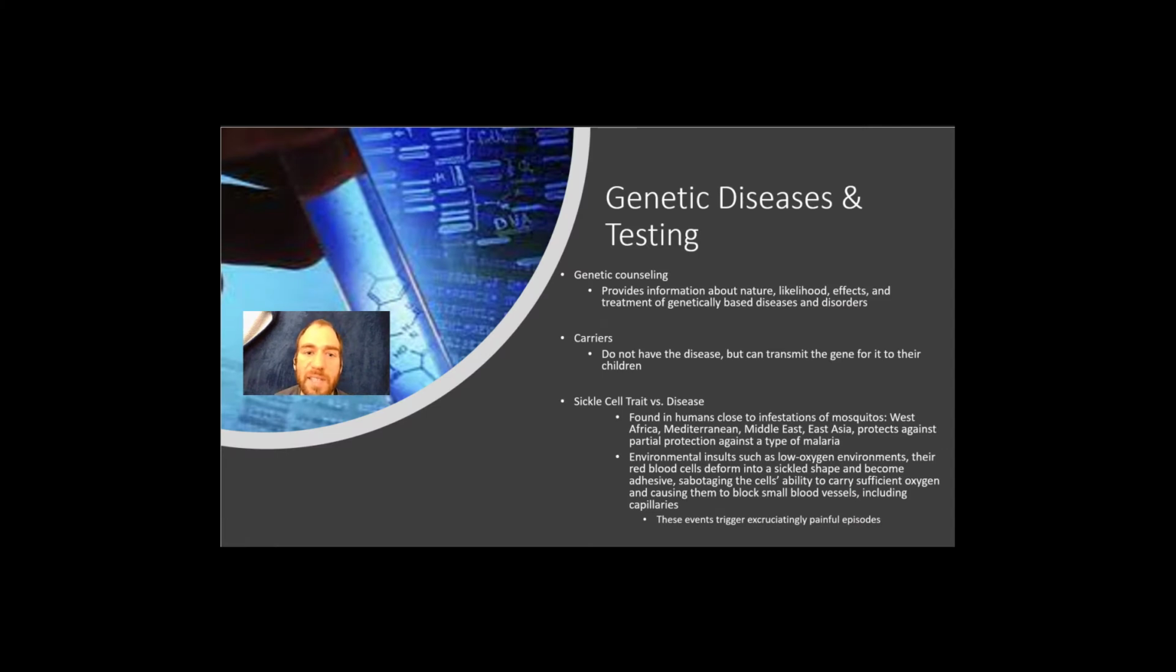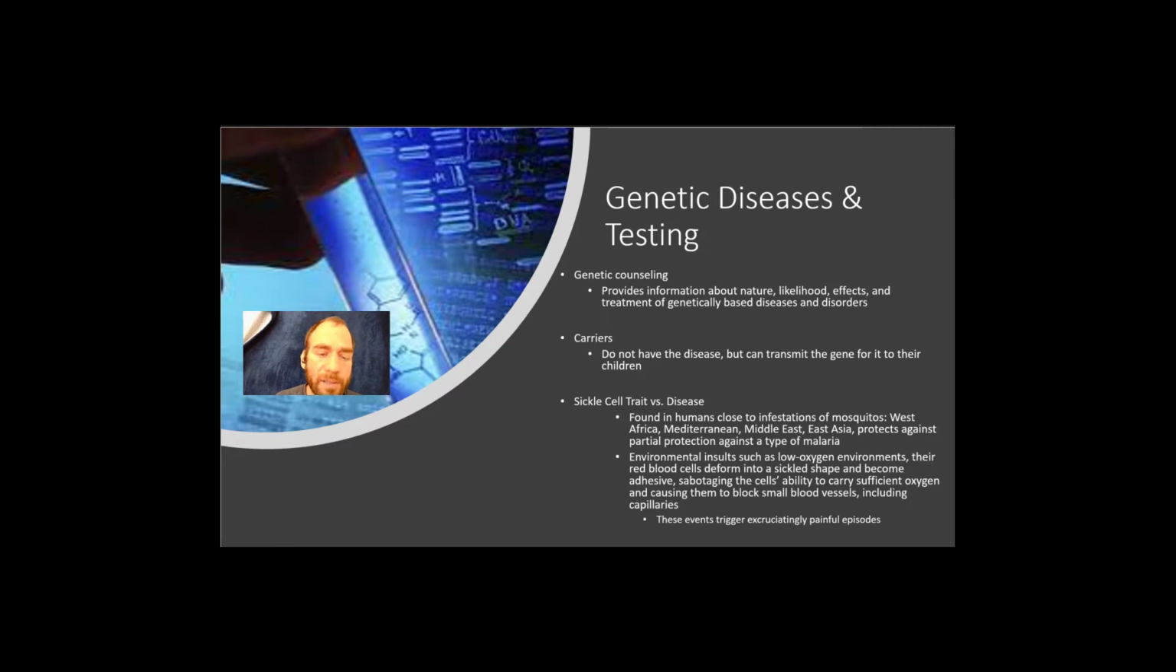Genetic diseases and testing. There is one way to test for genetic diseases during pregnancy, and genetic counseling, which provides information about the nature, likelihood, effects, and treatment of genetically based diseases and disorders. Carriers do not have the disease, but can transmit the gene for it to their children. So sickle cell trait versus disease, for example. Sickle cell trait is found in humans anywhere there are mosquitoes. So the Mediterranean, Africa, Middle East, and they provide partial protection against a type